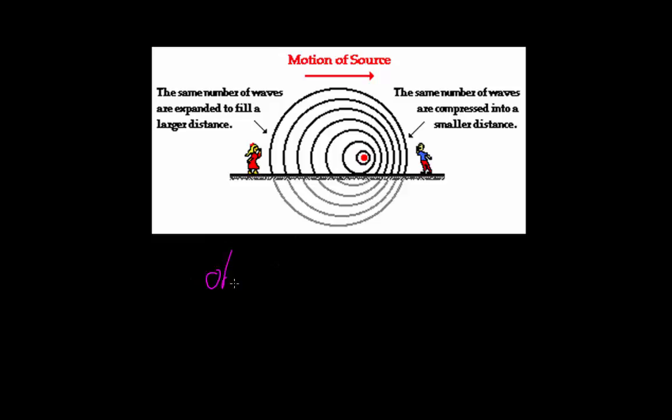So, an object emits a wave. Now, this can be really anything as long as it's emitting some kind of wave: a sound wave, radio wave, a microwave, light wave, anything. And I'm not going to get into the nitty-gritty details of what a wave is, but I assume you know that much already. So let's say that this is our object right here, and it's traveling in this direction,